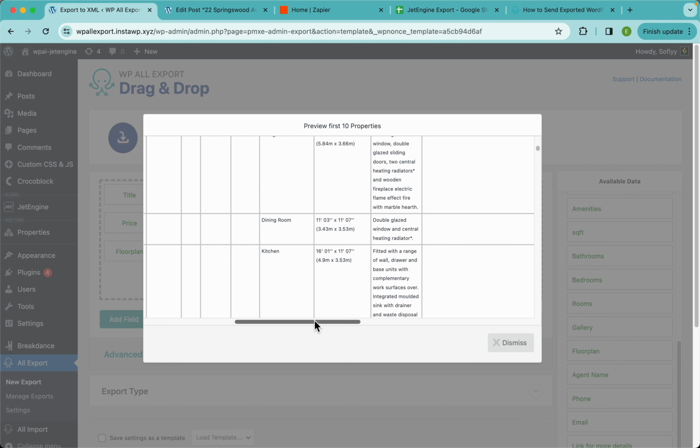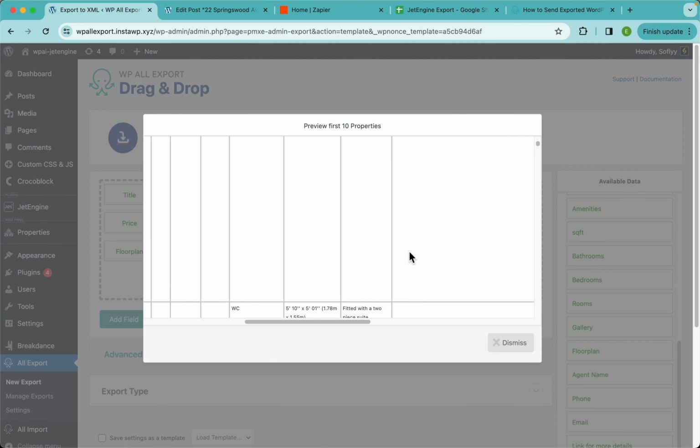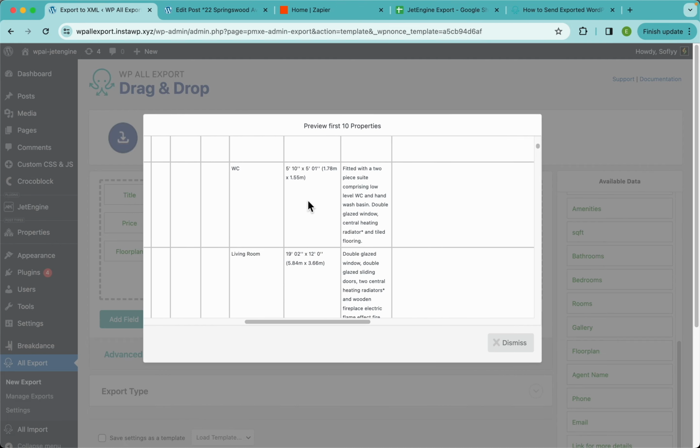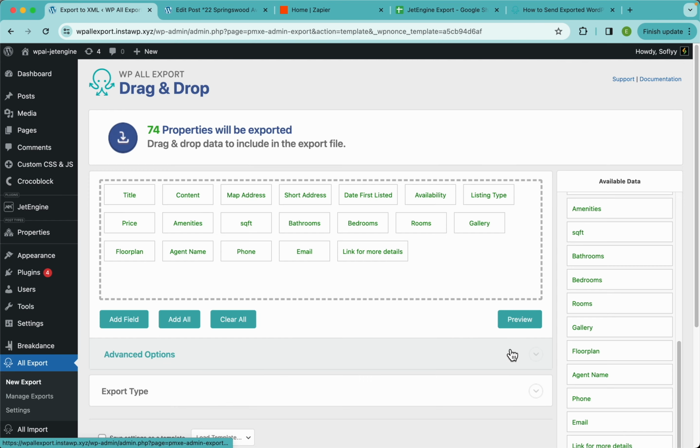The issue with this is that you can see that we don't have any data filling up here for the rest of the fields. Now, if this is how you need your data, just be my guest and do it like this, right? But if you do want the other data populating the other fields, you can go back here